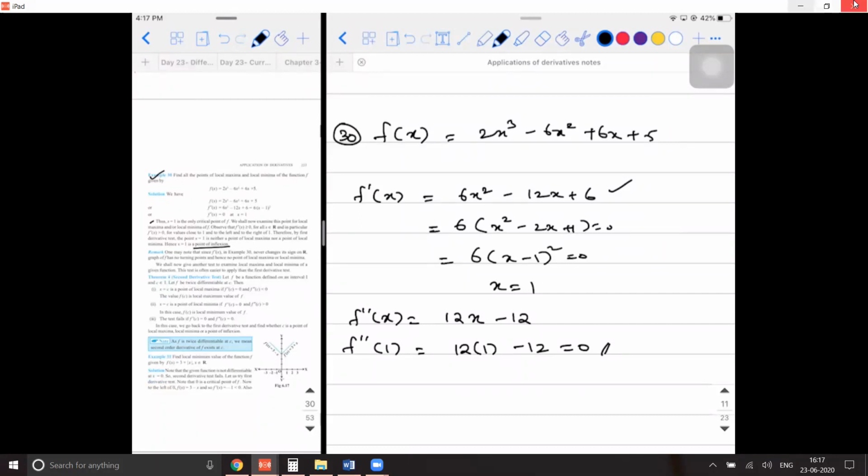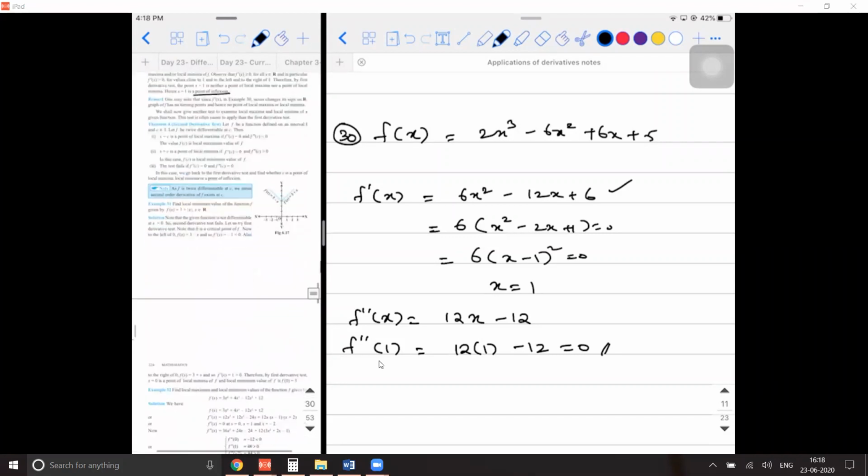Those who are not able to speak, at least respond in the chat box. Are you guys able to understand? Is there any doubt? Yes, sir. We understand. Good. Okay. So with this knowledge, we are ready to solve the problems in this exercise. So we will start the problems.